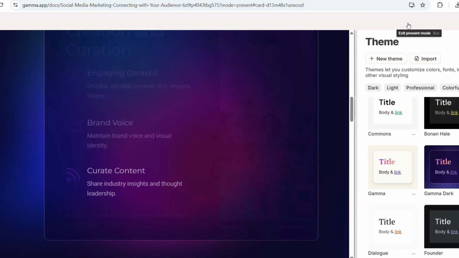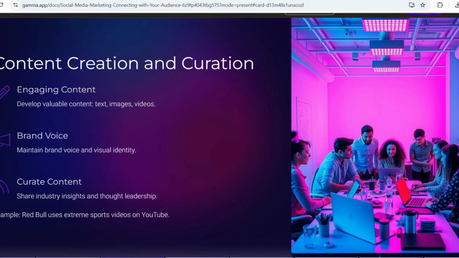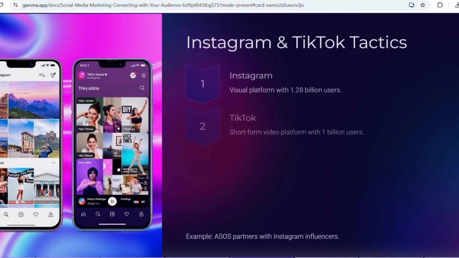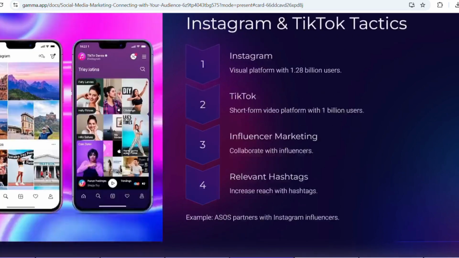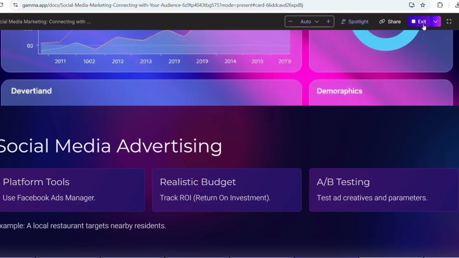Step 5. Previewing your project. Once you've made all your changes, it's time to preview your work. To do this, click on the Preview button at the top right corner. This will show you how your project will look to others, giving you a chance to ensure everything is working